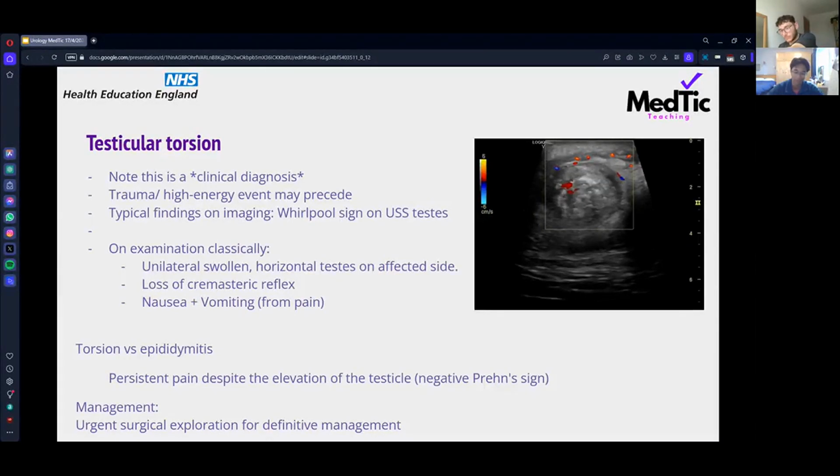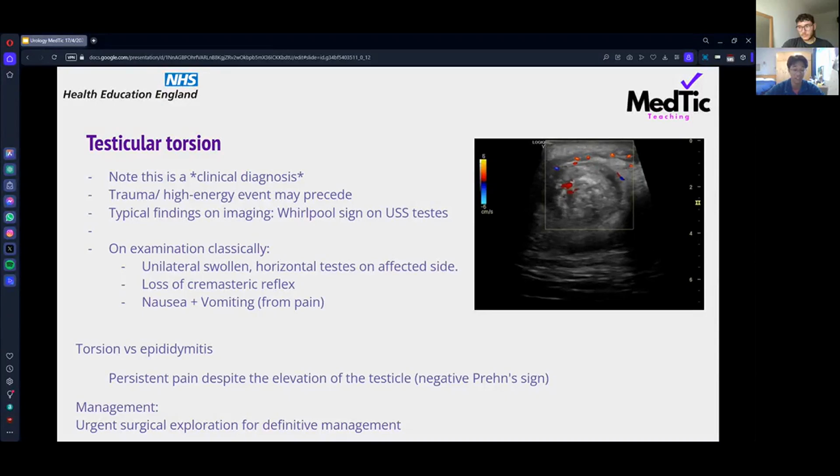Again, I've not been able to perform that clinically in real life because the patient's normally in a lot of pain and just lying in bed. But you will find big nausea and quite a lot of vomiting. Perhaps you'd want to initially get them lots of pain relief